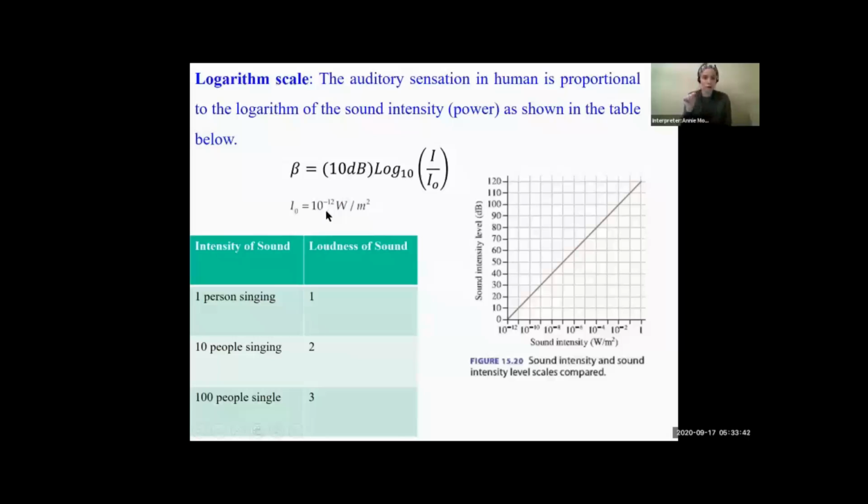Okay, so that's the formula for measuring the loudness of sound in real life. You first get the actual intensity, divide it by the threshold of hearing and take the log of that, and then multiply by 10, because we want to measure in decibels. And that's called beta. The standard symbol most books use is beta. Beta means the loudness. That means the sound intensity that the human ear can distinguish.